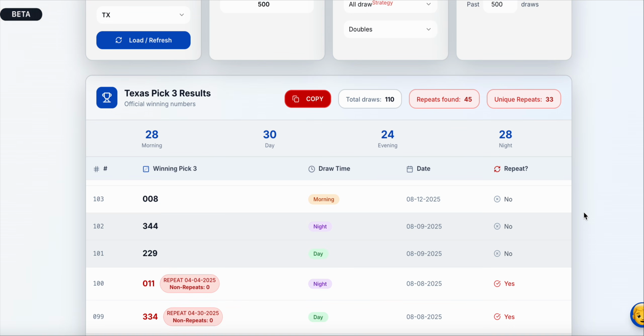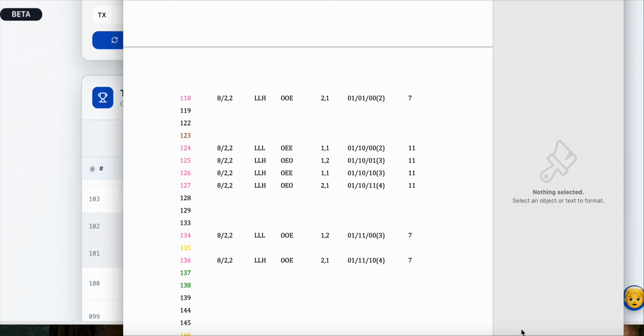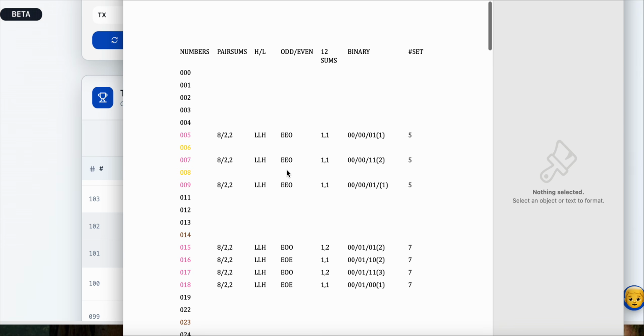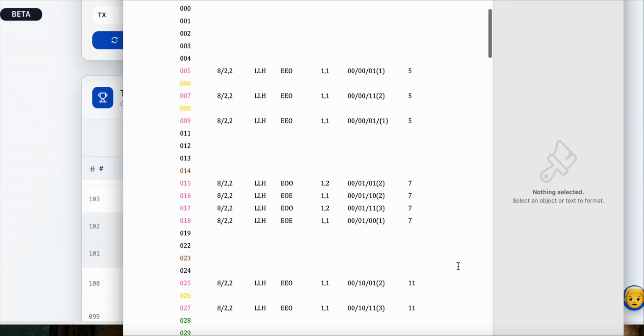Like if a certain pattern comes out, hold on, let me see if I can grab it again. Yeah, okay. So say for example, a pattern came out. Let's go up here so we know what we're talking about. Odd, evens or binary, whatever. So say for example, binary came out like three in a row, like 0, 0, 0, 0 here in the front or whatever. You know, it's a low probability another zero is going to come out. So the AI is going to remove all these numbers that have the zero in the front like that.